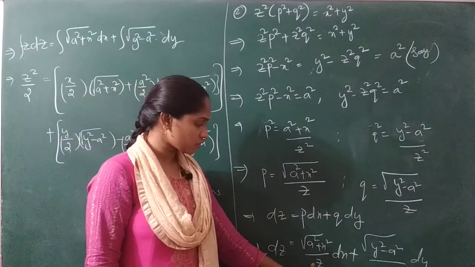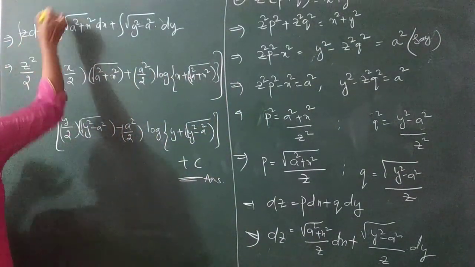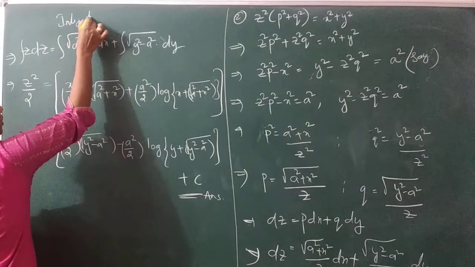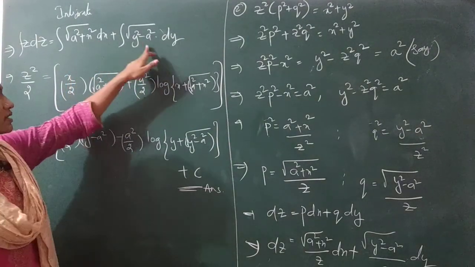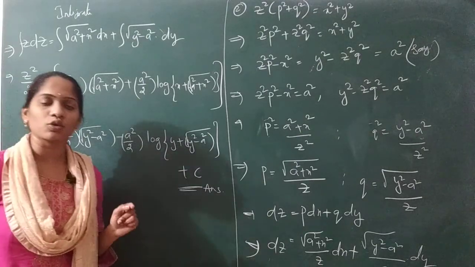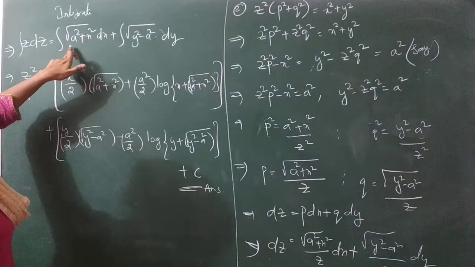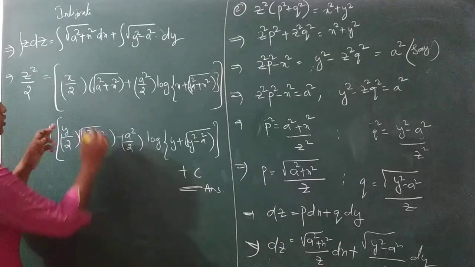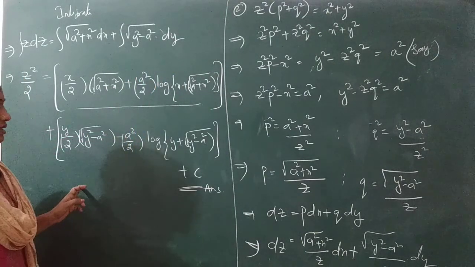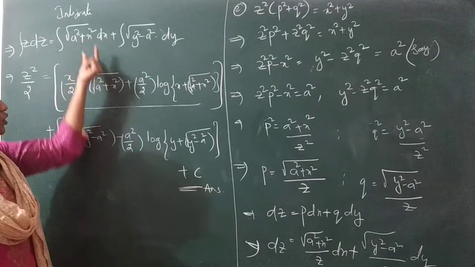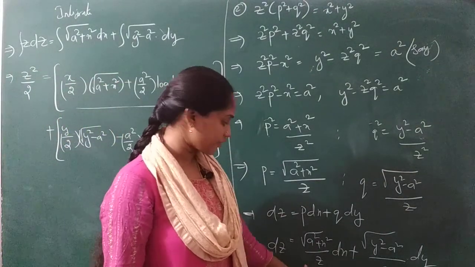So the next step is to take this z to the LHS side. Now you have to integrate here, integrating with respect to x and y, treating a as constant. There is a direct formula. Please go through any integration formulas in any textbook and you will get this formula. So integration of x square plus a square dx, this is the formula here, plus integration of y square minus a square dy, this is the formula for this. After substituting the formula values here, this is z square by 2. So this is your required answer after integrating the terms.